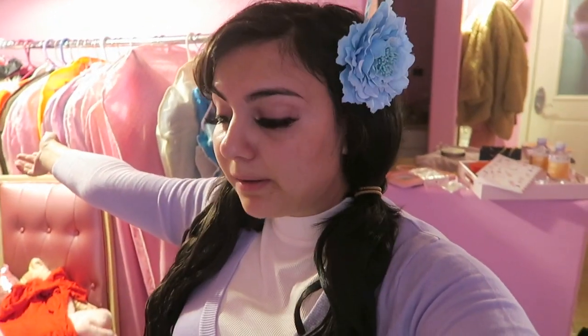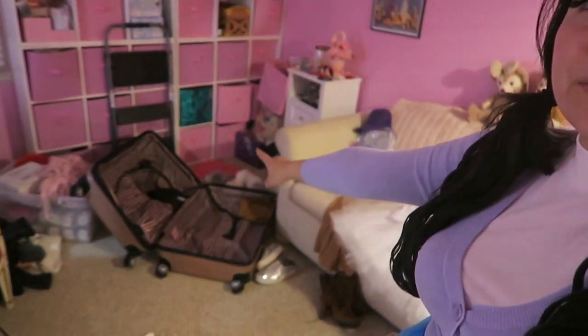But I'm gonna try these on, and then there's a few DIY elements of things that I'm gonna be doing, like hair pieces, adding to different outfits. I'm gonna get started on that. But like I said, what I'm doing now is I'm trying on all the outfits full out with accessories and everything, making sure they fit and that they are approved by the committee, which is what I am now calling myself. And then after I try everything on and make sure it fits, I will pack it directly in this suitcase,